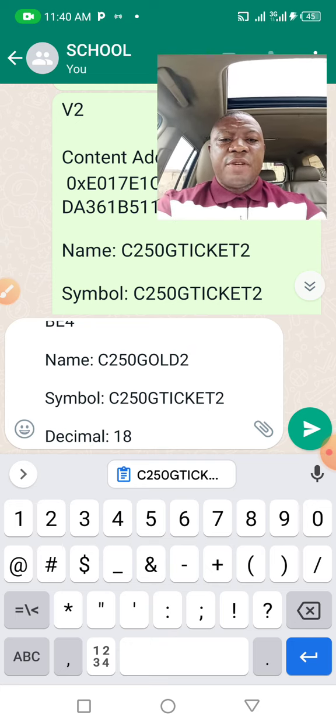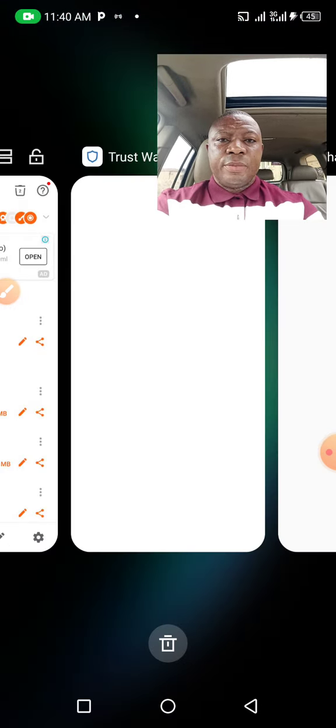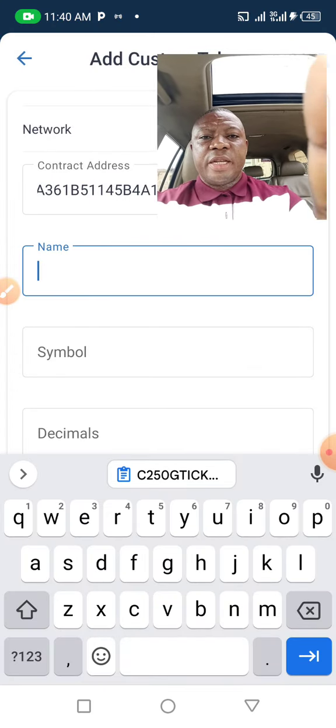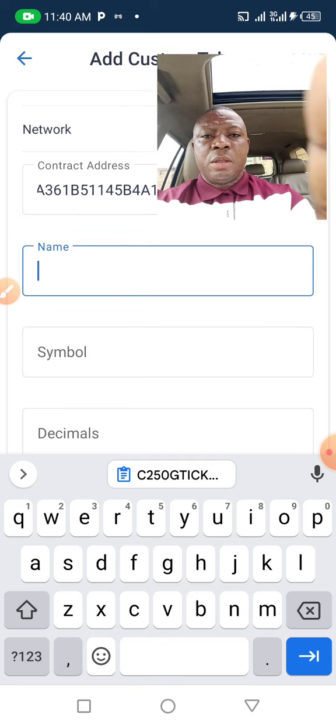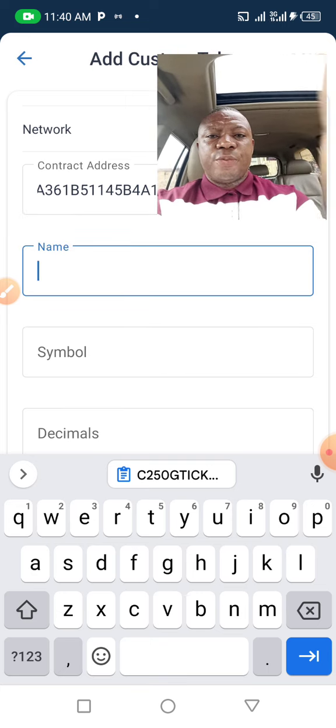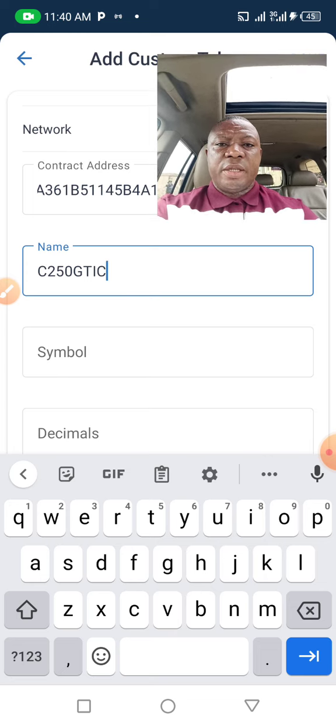So now that we have this information, let's go back to the trust wallet. All right. So we say name C250. Okay. What is there is ticket.